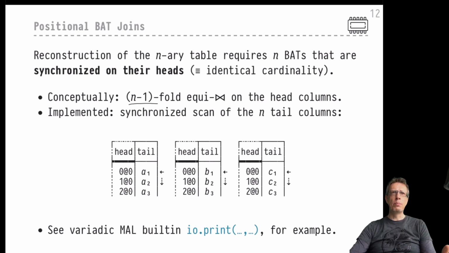And of course, the join predicate would refer to the head values. Those entries in these BATs which share one particular head value would have to be considered together, and we would have to perform an equi-join on the head values to really bring the